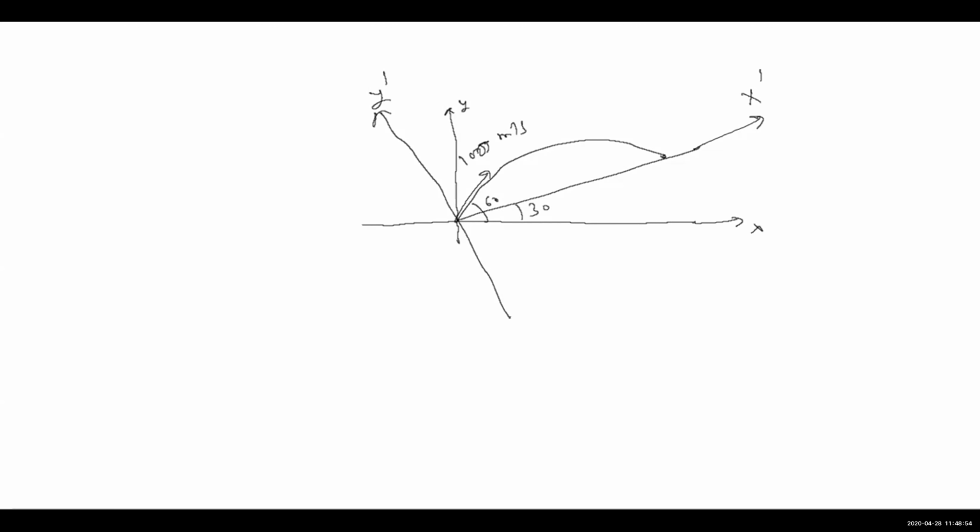So the different method: we'll assume this as the x-axis and this as the y-axis. The moment I assume this as my x-axis, can I say that when the particle hits the plank, the displacement along the y-axis will be 0? Tell me, if this is my x-axis, then when the particle hits the plank, displacement along y-axis will be 0?